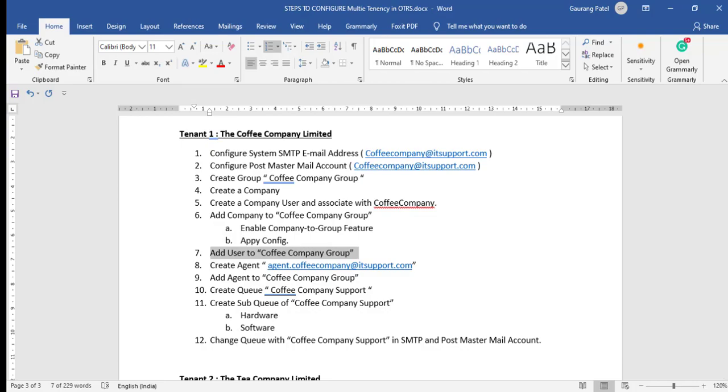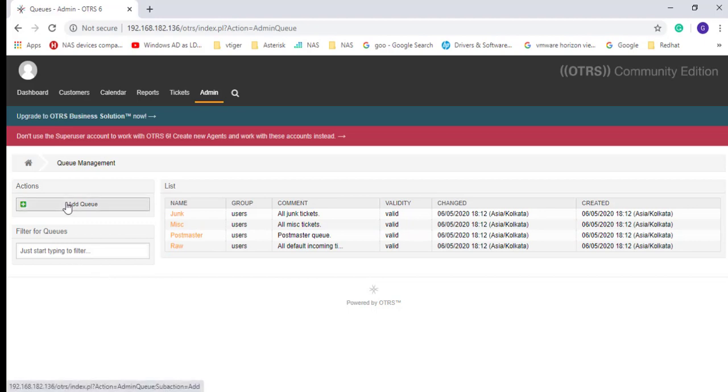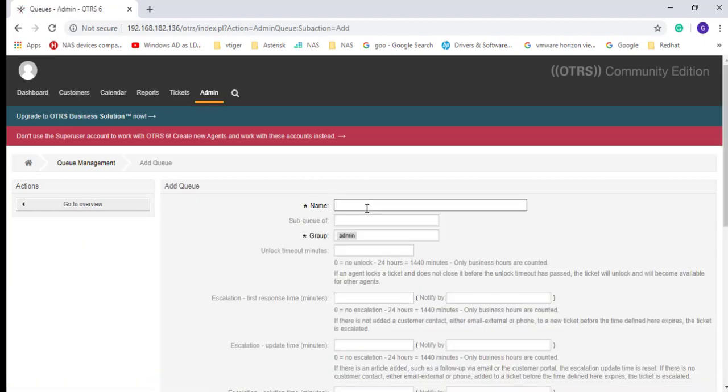Create queue. Now let's go to queue and create a queue. Let's create a main queue for the company. Coffee company support. Let's give IT support. It is not a sub queue.